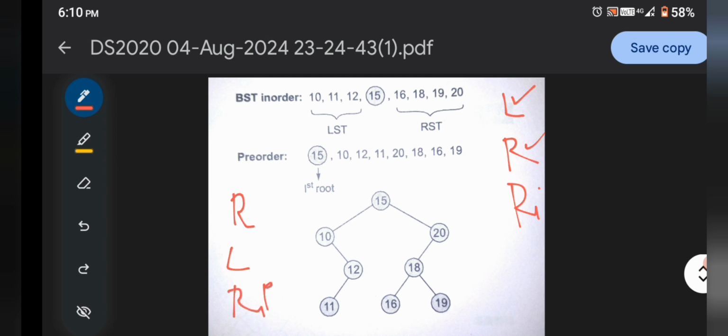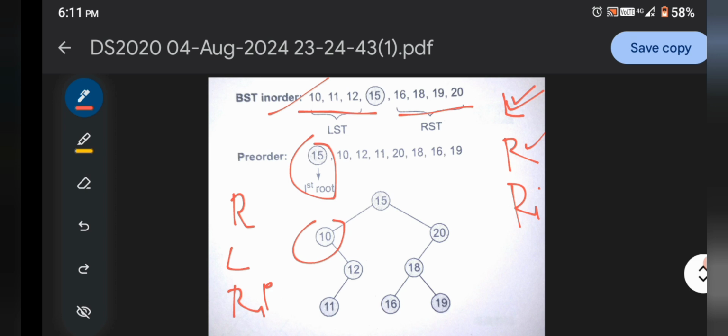So easily this is identified, that 15 is your root, the first root. Based on the in order, we say this one is the left subtree and these are the right subtree. Now we know very well in the case of in order, the first left node is written first.